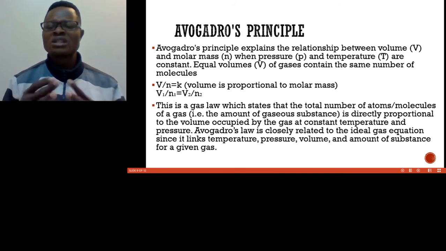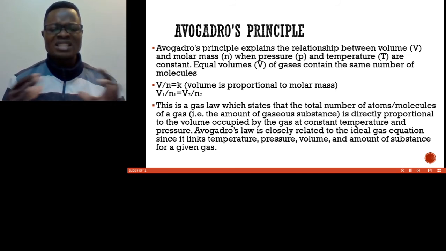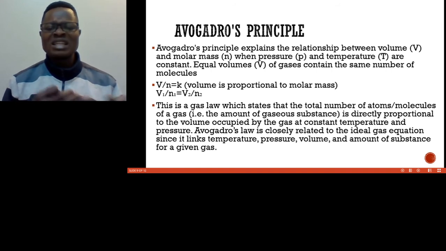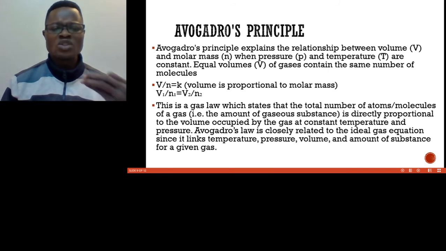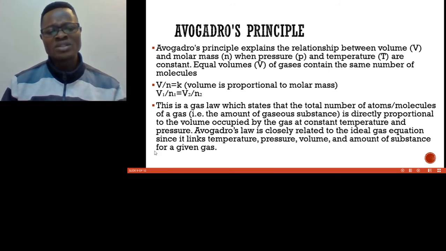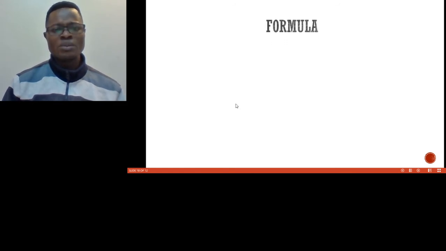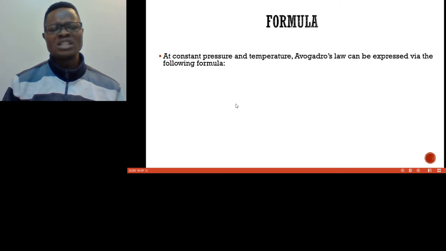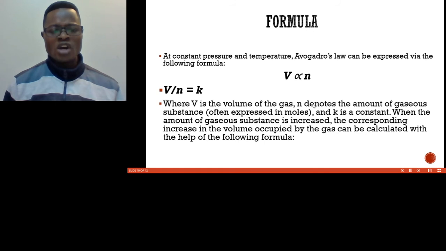Avogadro's law is closely related to the ideal gas equation since it connects temperature, pressure and volume, and the amount of substance for a given gas. So we use Avogadro's law when we want to talk about a perfect gas or an ideal gas. This formula is used to calculate the volume using Avogadro's law. V is directly proportional to N, so V divided by N will be K, which means constant. V is the volume of the gas, N denotes the amount of gaseous substance often expressed in moles,